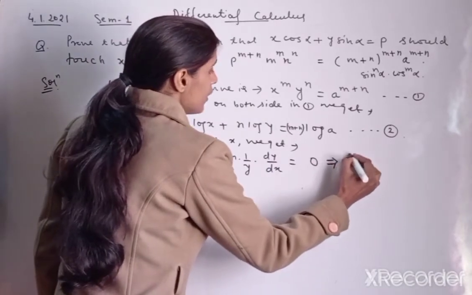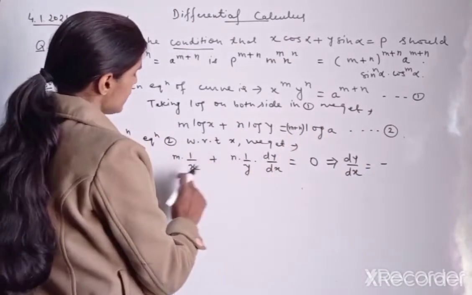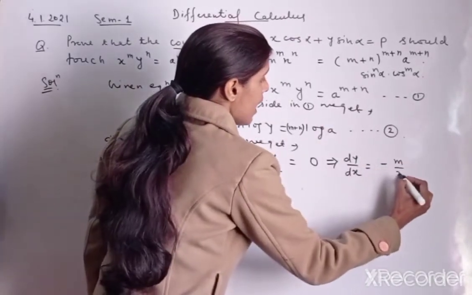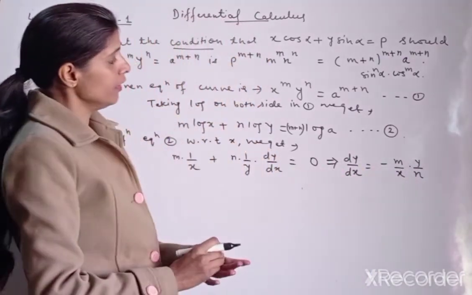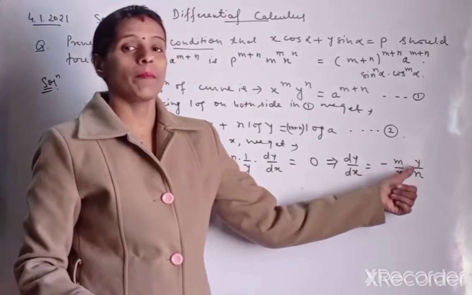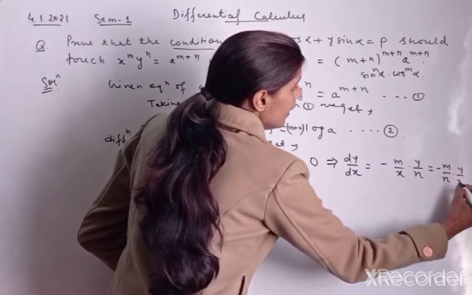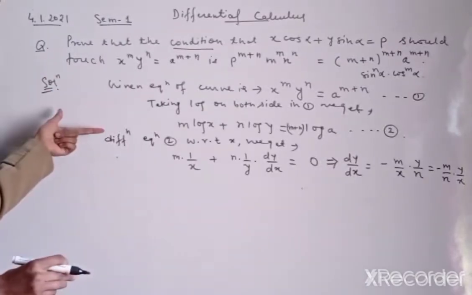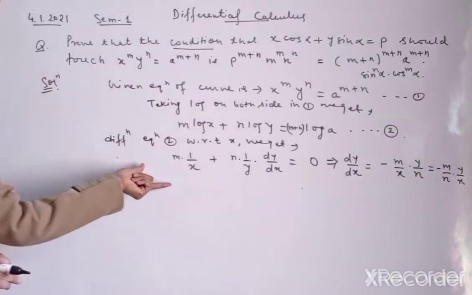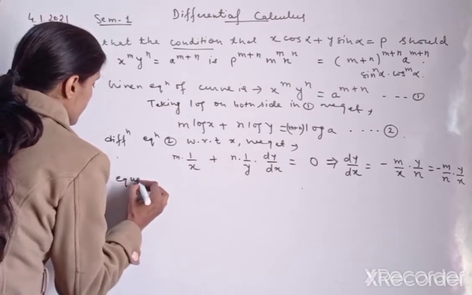And from this equation we have dy by dx. So this will come to the right hand side. So this is minus m by x, and then we have n by y, so here it is y by n. That means we have minus m by x into y by n, that means minus m by n into y by x. So this is our dy by dx. But since we are looking for the condition, we first find the equation of tangent. Therefore the equation of tangent